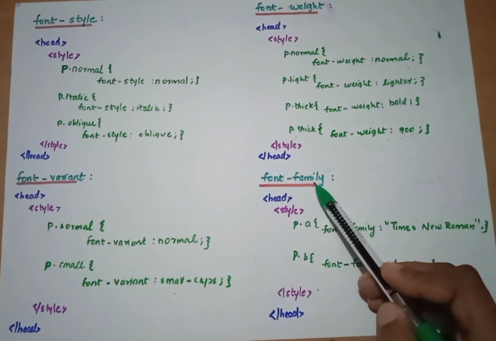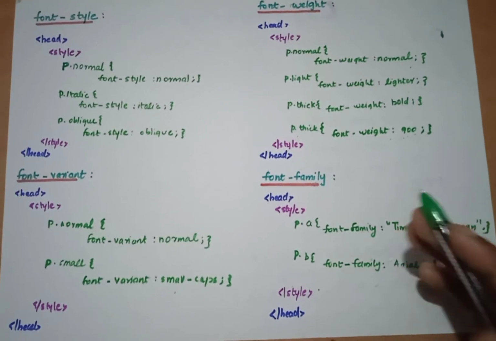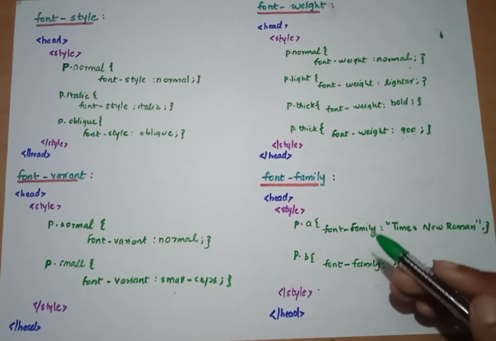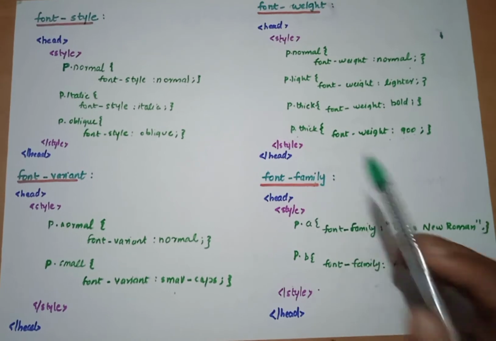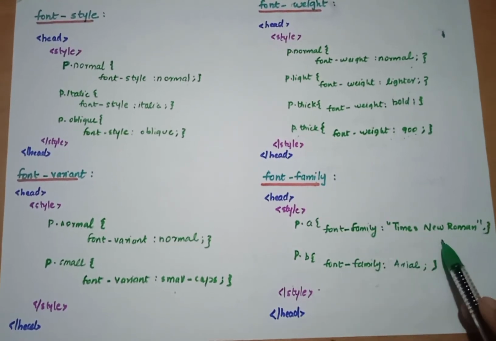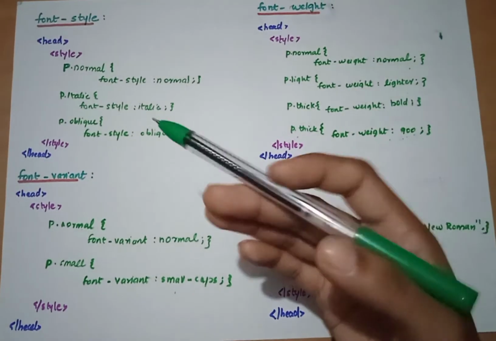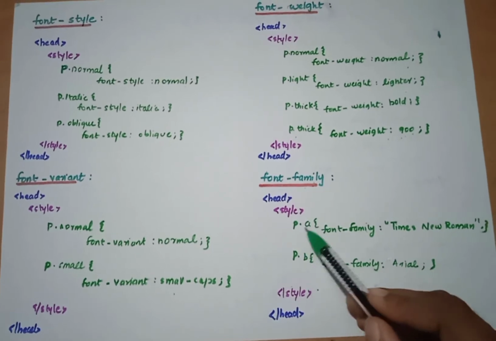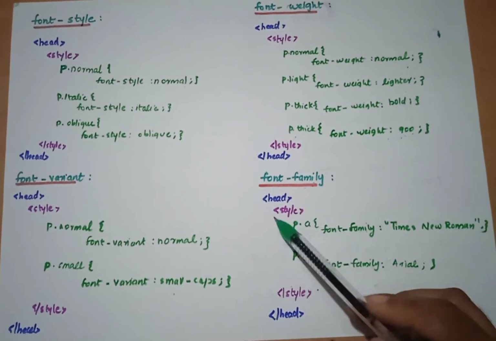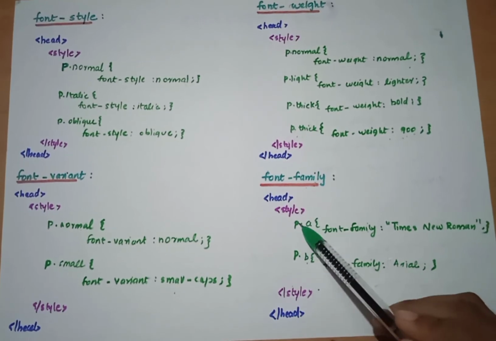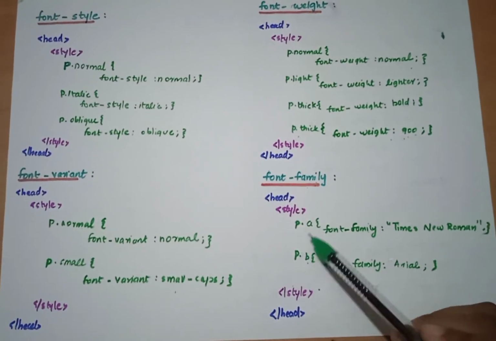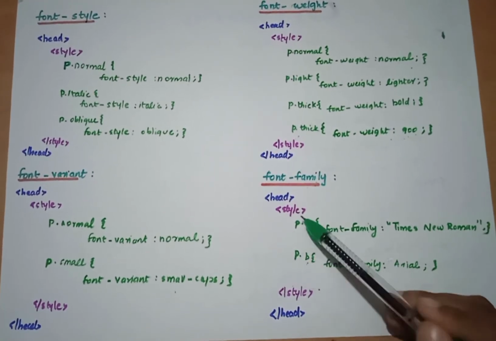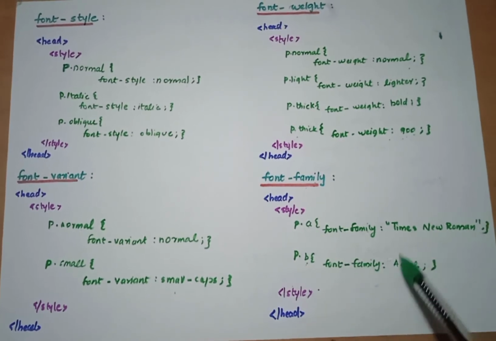Font family. As we all know, a font also has different families, that means different styles, and this family includes many more concepts. All things come under this family, so we just need to mention which family it is. So font weight, style, variant, all the things are classed together and thus form the font family. I've written it like this: the dot implies it's a class selector, then A and B are my class names, and P is the element that I'm going to change with the corresponding styles.